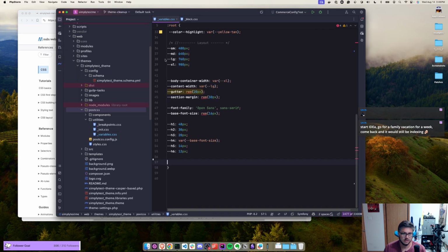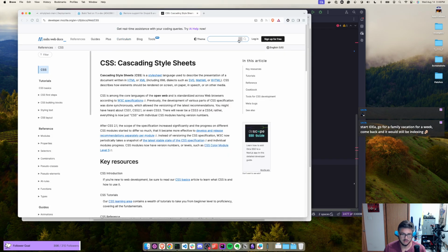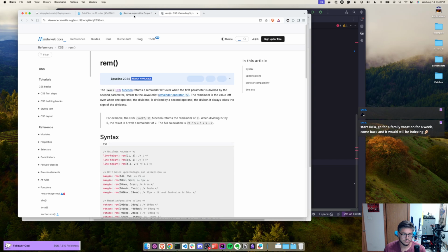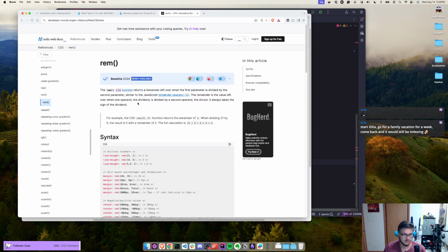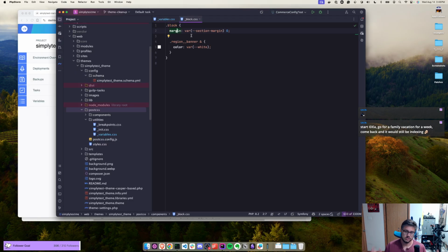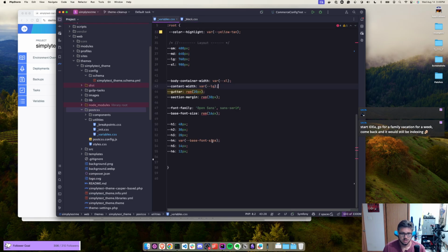No, you're going to load that, but not okay. I want to actually read about this function. Baseline in 2024. So that's new. So I'll keep that there for now until this is fixed or this is changed. So we'll keep that. Head